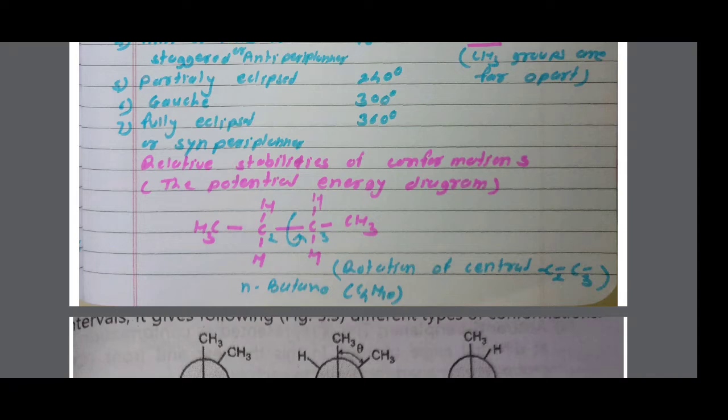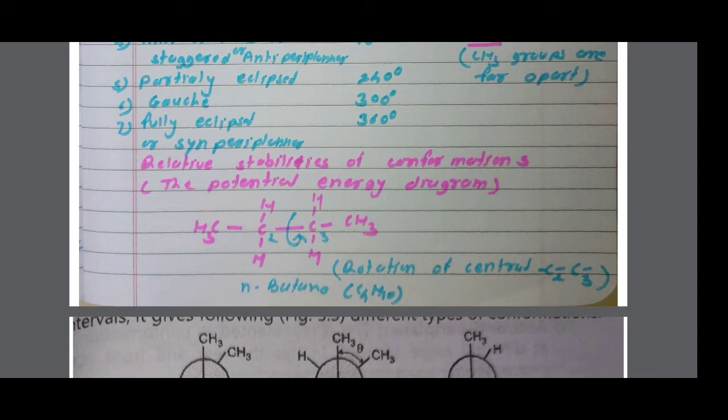Normal butane has molecular formula C4H10. In conformational analysis of normal butane C4H10, in which the 4 carbon atoms are in a straight chain, if we focus our attention on the middle carbon-carbon single bond, we see a molecule similar to ethane, but with a methyl group replacing one hydrogen on each carbon.